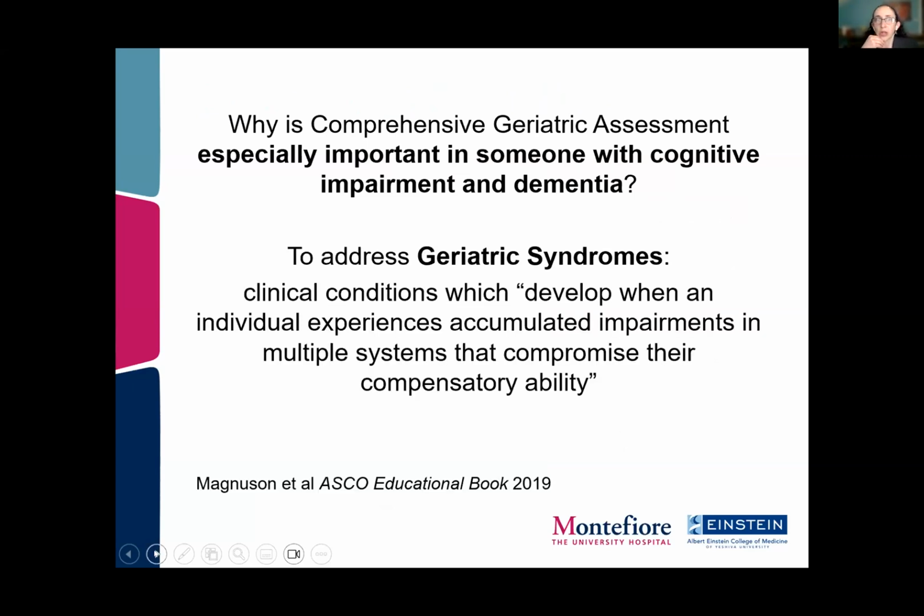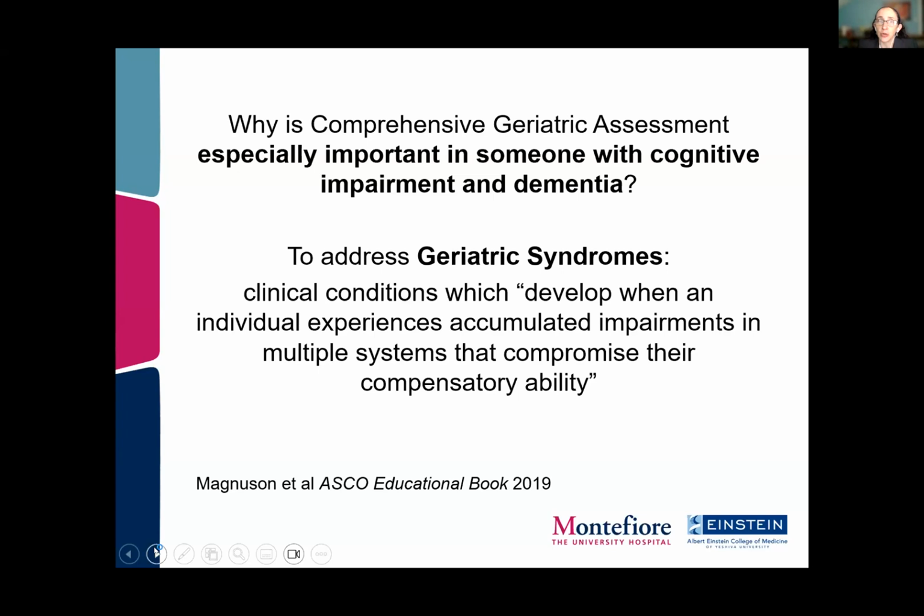One of the reasons it's really important to do a comprehensive assessment is to address geriatric syndromes, these clinical conditions which develop when an individual experiences accumulated impairments in multiple systems that compromise their compensatory ability. What's really been interesting too is to look in the geriatrics medical literature that some of the most useful and informative and robust research in geriatric syndromes and comprehensive geriatric assessment, in addition, of course, to David Rubin's work, I have to credit him, which was sort of the origin of all of this, is in the